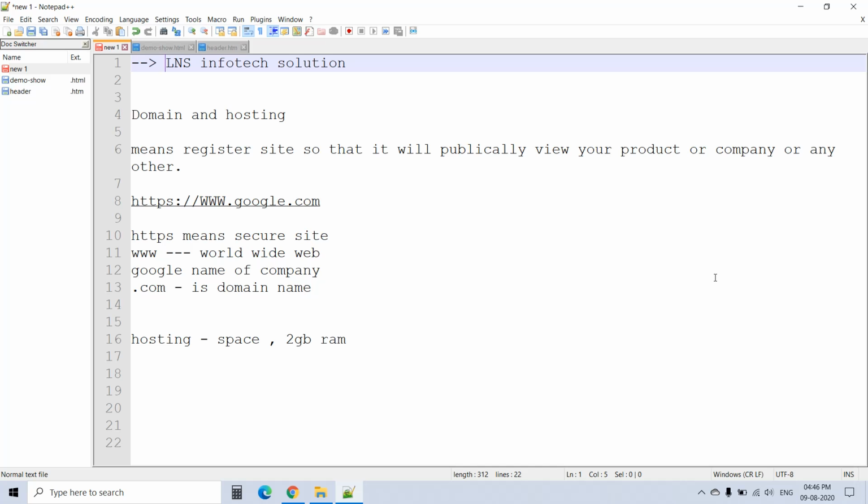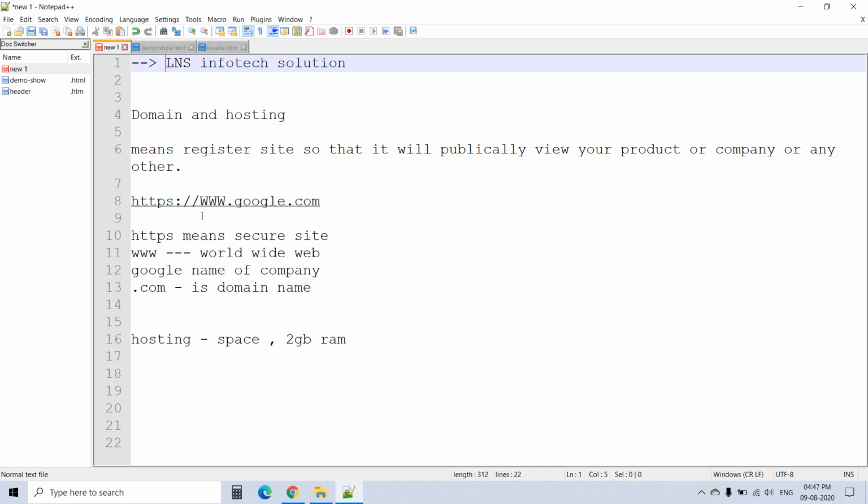Domain means you will be publicly registered, for your company. Suppose Google is a company. They are making their domain with google.com, google.in. So how does it work?